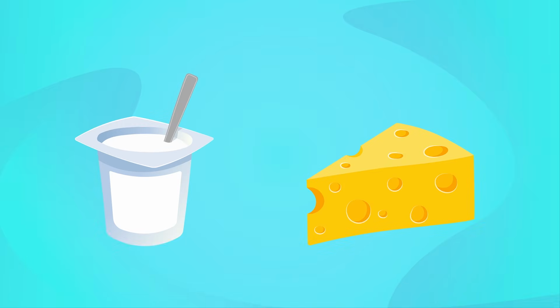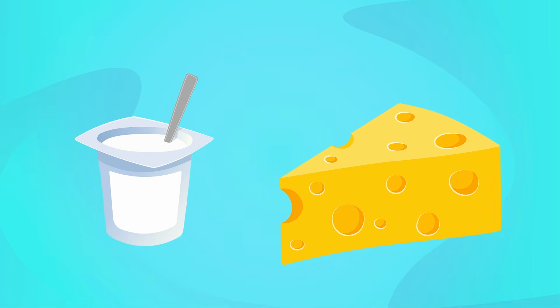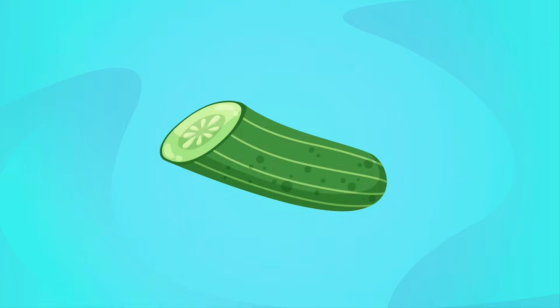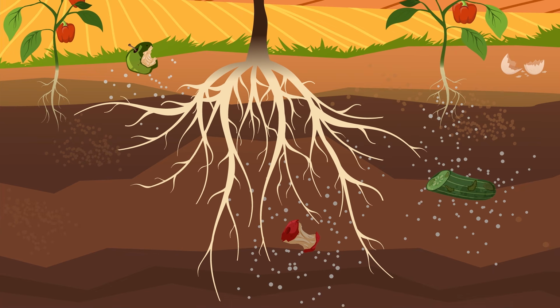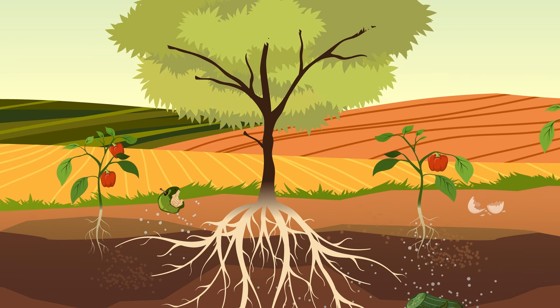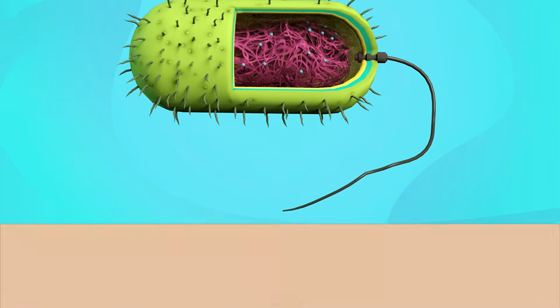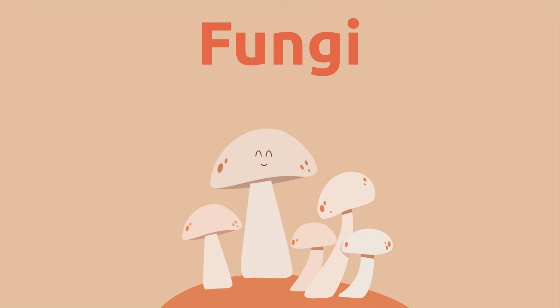There are also bacteria used to make food like yogurt or cheese. This happens owing to a process called fermentation. Other bacteria are decomposers. That's why some foods rot. This is caused by the growth of microorganisms in them. However, some of these decomposers are found in the ground and produce the necessary nutrients for crops to grow. That was all about bacteria. Interesting, right? Today we're going to learn everything about fungi.